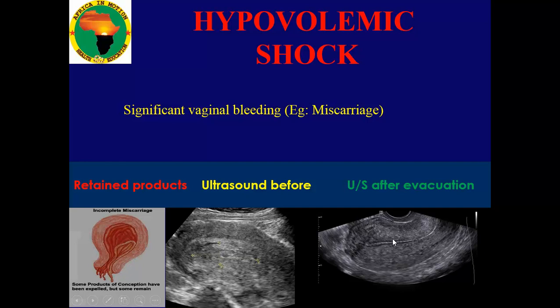So the patient needs to be helped as soon as possible. You transport the patient as soon as possible. And when the patient arrives in the hospital, the healthcare workers don't hesitate to give Pitocin, as long as it is what? Incomplete miscarriage. Give Pitocin, there is no problem, because it will help to contract this uterus meanwhile until these products are removed. So if you are outside the hospital, do your best to transport the patient to hospital